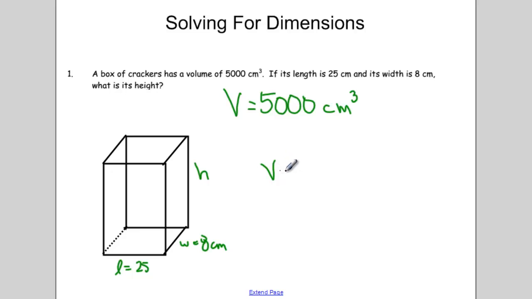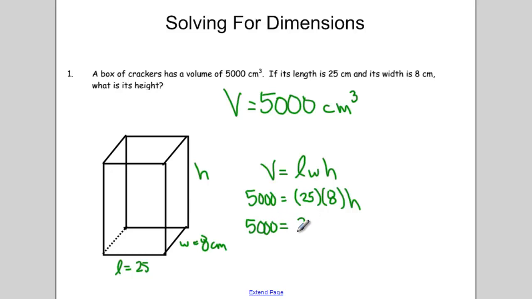We know that the volume of a box, or the volume of a cube, or the volume of a rectangular prism is length times width times height. So if I plug in everything I know, a volume of 5,000, a length of 25, a width of 8, and an unknown height, I can use algebra to work backwards and solve. So simplifying this,